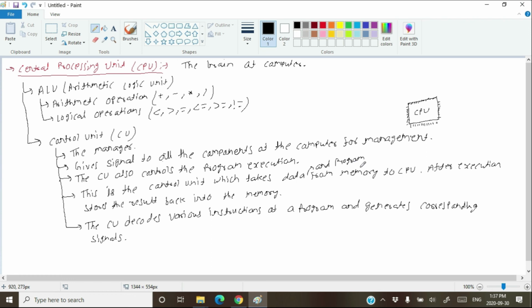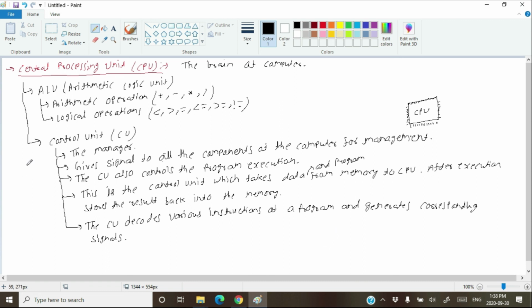Suppose that you have a media player which is used to play songs. The program itself is the set of instructions, and when the control unit reads those instructions from the memory, the first task of the control unit is to decode those instructions which are stored in the program. And after decoding those instructions, the control unit generates corresponding signals according to the instructions. Hopefully you are getting it.